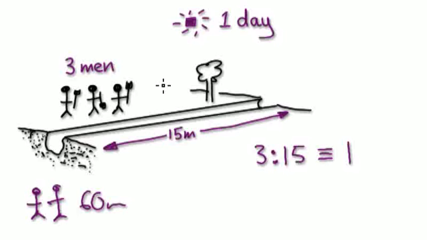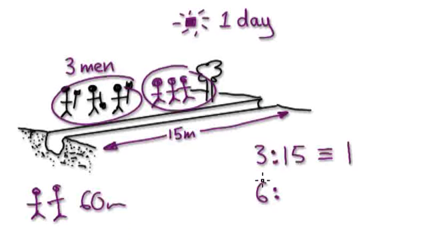Now if you double the amount of men here, then this here will be 6. There are two ways of thinking about this. You can think of it as, if you double the amount of people here, being able to dig 30